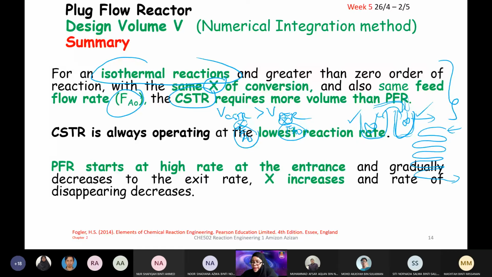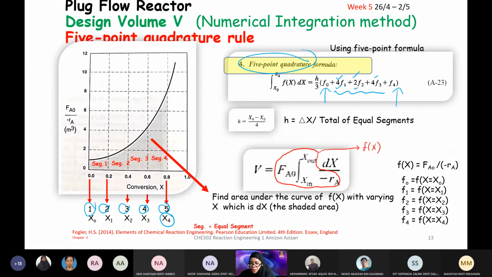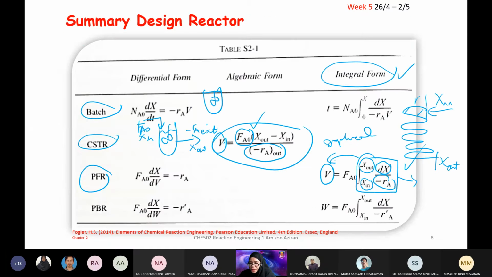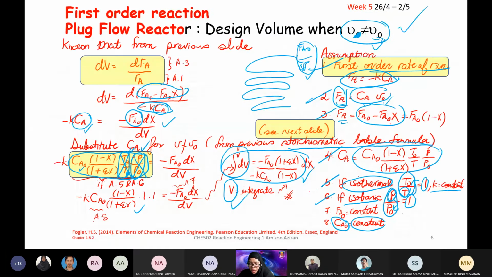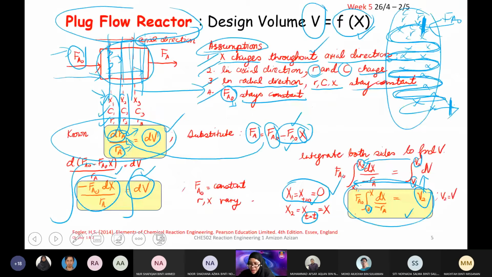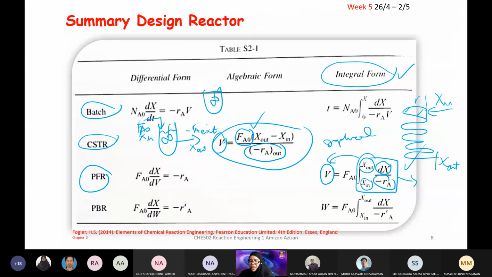Right? Very good. Then the point here, we also have that the CSTR is always operated at the lowest reaction rate. Considering this formula, which I go back to my previous summary, yeah, this one, depending on the lowest reaction rate in the reaction mixture. Even though it says that out, it is assumed to be at the lowest reaction rate in the reaction mixture itself. And